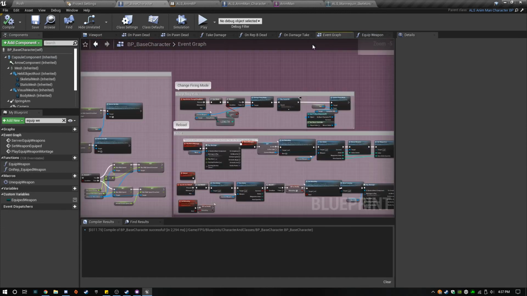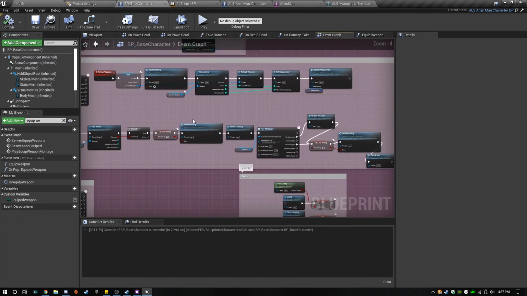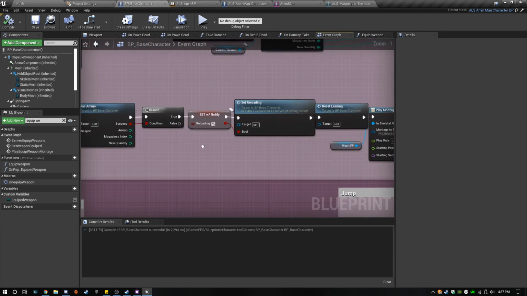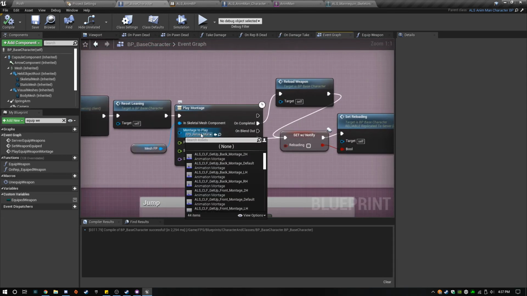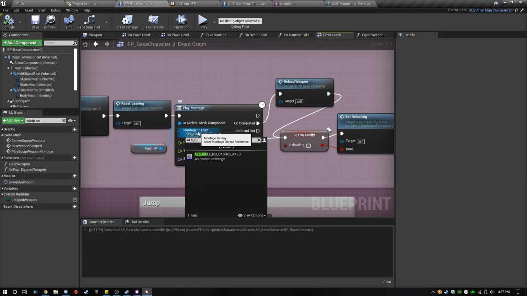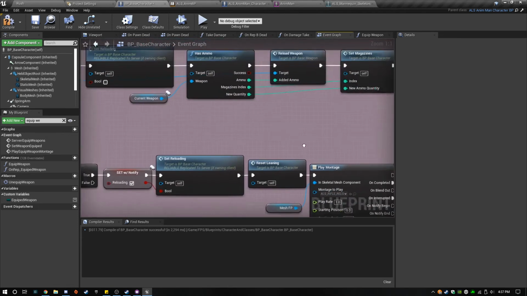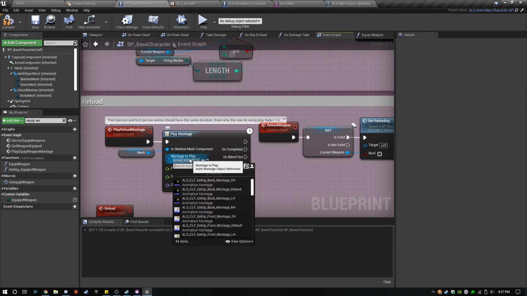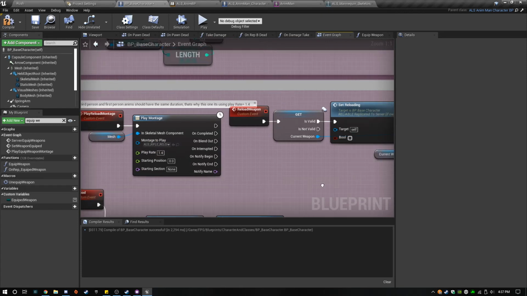We'll be back in business here. Actually, this kind of works okay because now instead of rehooking all this stuff up, we just have to change it here. And we have to change it up here to ALS rifle reload.